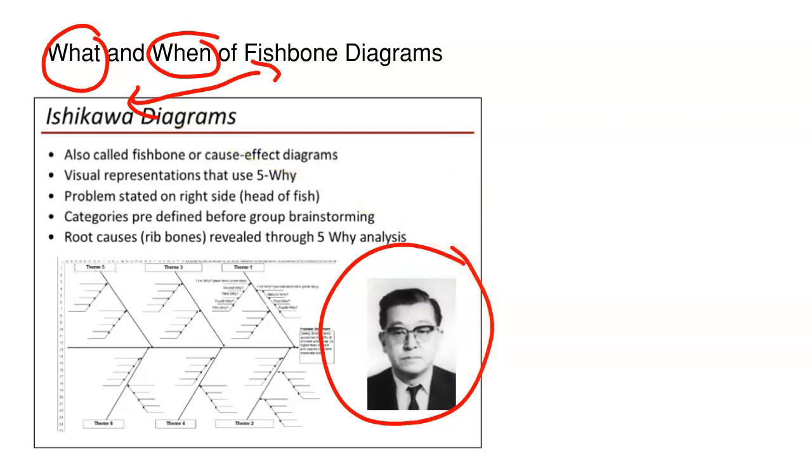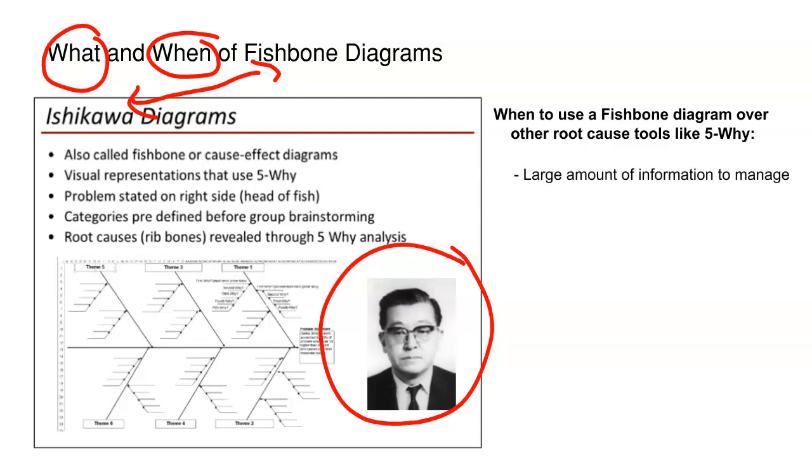Anytime you have a lot of individual pieces of information and you want to visually cluster or group those individual pieces of information. Here's when I typically use a fishbone diagram. When I've got a team that has a lot of information that they need to try to manage as it relates to current state and probing for root causes, or when I've got a large team and I know that bringing that large team together without some structure to do the problem solving root cause analysis would just lead to